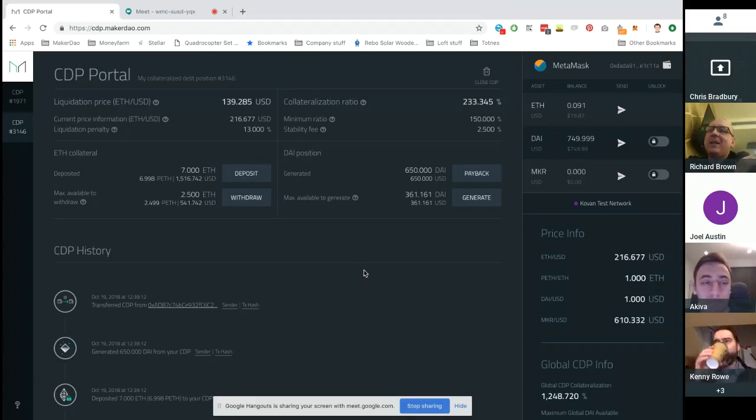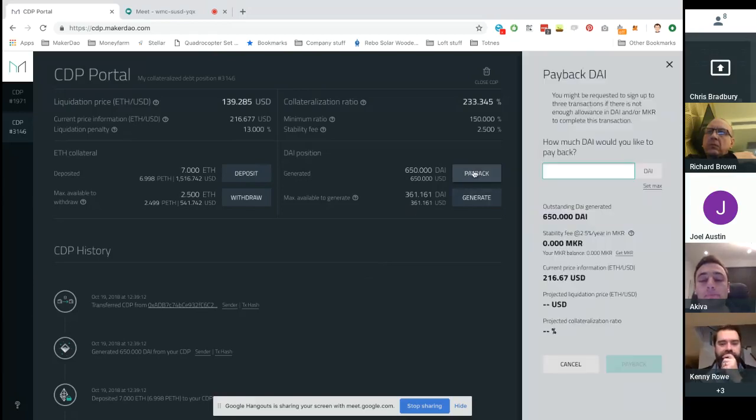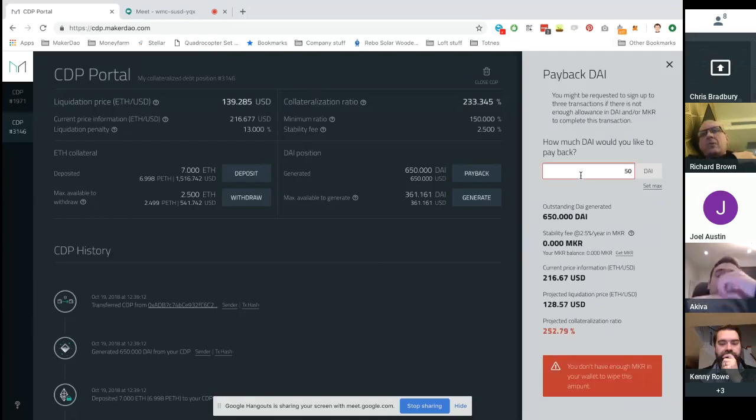All right. Okay, sorry. Back to you, Chris. No, this is great. So I guess the final big new function on the CDP portal to demonstrate is one of the payback functions we've got. We have the option now to effectively just pay back. You can pay back the stability fee in